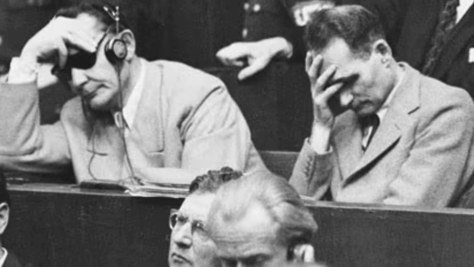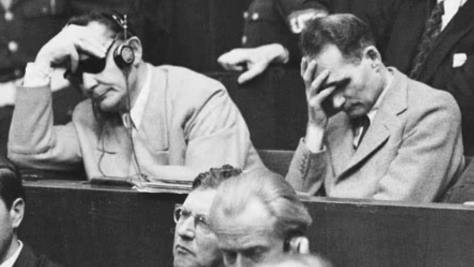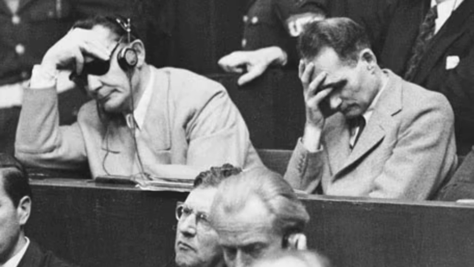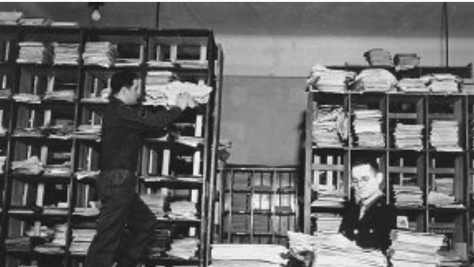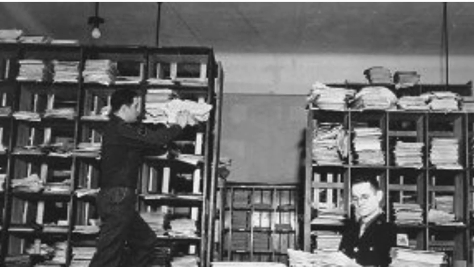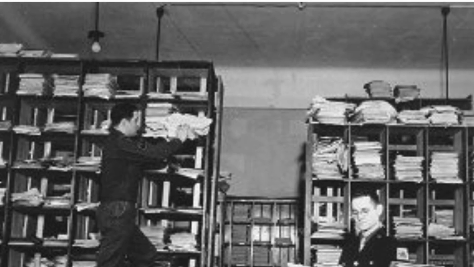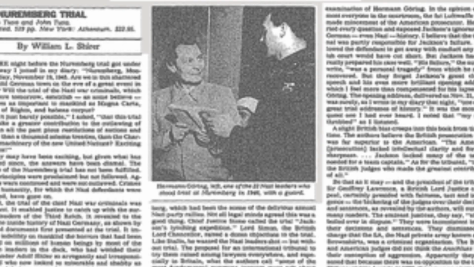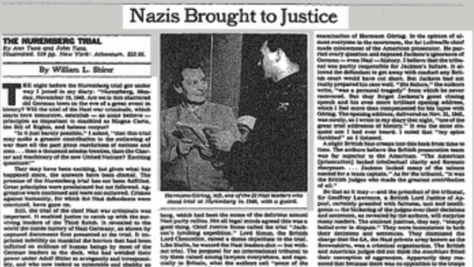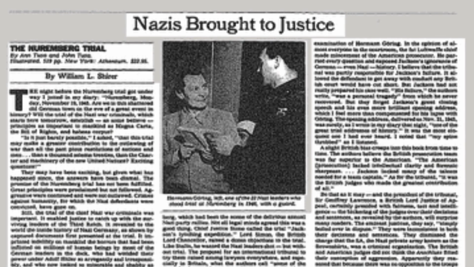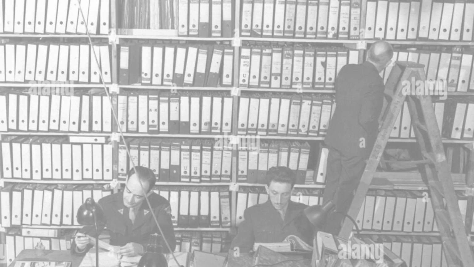Another piece of evidence from the Nuremberg Trials and its legacy, the National World War II Museum, states, "Consequently, the most important legacies of the IMT were its punishment of the worst Nazi offenders, its irrefutable documentation of Nazi crimes, and its discrediting of the Nazi Party among most of the German population. These outcomes owed to the Western Allies' efforts to conduct fair trials and its widespread dissemination of news related to